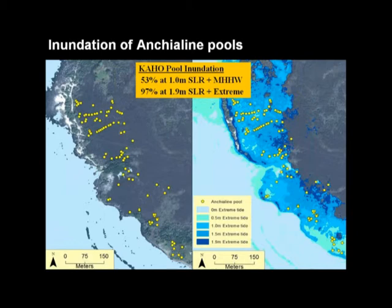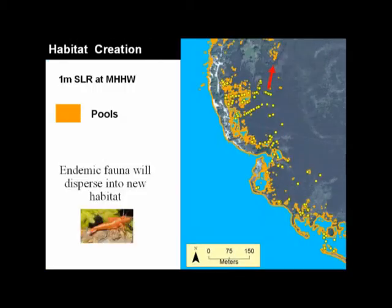But what I really like to stress is that not only do we cover current habitat, we actually create new habitat. And luckily at these places where our coastal areas aren't developed in a national park, we have places for this habitat to migrate to. So these orange areas represent new pool habitat that will form in the porous basalt. And so we can use these projections up and down the coast to think about areas we shouldn't build on,